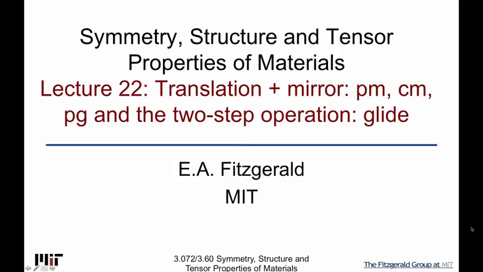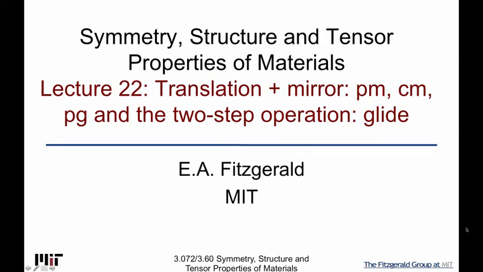Now that we have covered adding the point groups that are just related to rotation, now we need to add mirror planes to the translation array, the net, and see what kind of new things we can induce this way. So that's what we're going to do next, and it turns out that we not only get some new groups